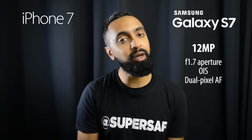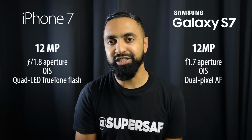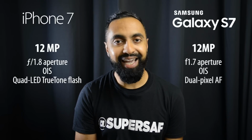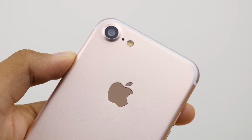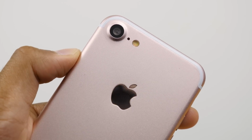The iPhone 7 has 12 megapixels as well with optical image stabilization this time. This is something we didn't have last year, and an f1.8 aperture. So very similar here in terms of the specs. It's going to be very interesting to see what the differences are, and